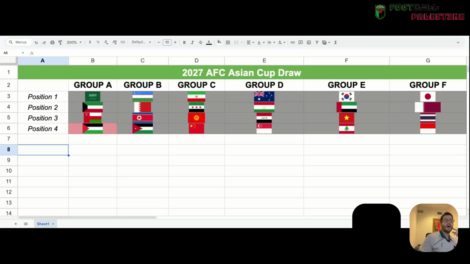Group E, Korea, UAE, Vietnam, the winner of Lebanon. I put Lebanon here because Lebanon just needs a draw to clinch the top spot. Yeah, I do think that it's an even group. You don't know. I think if Lebanon ends up advancing, it's a far stronger group than if Yemen does,